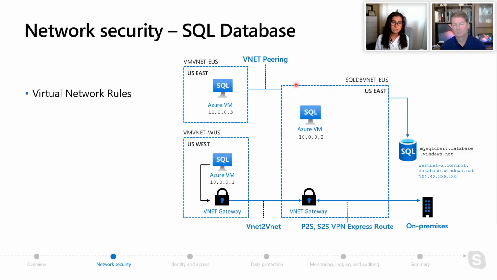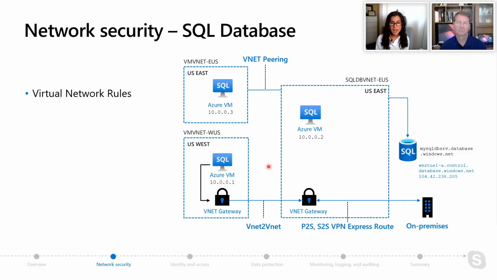So actually, by using this setup that you see here, I can just allow access to this virtual network. And then I can use other virtual network and networking capabilities like virtual network peering to connect these virtual networks using virtual network gateways, VNet to VNet. Even if you have something like ExpressRoute to your on-premises environment, as long as you have access to a virtual network that has a rule to the database server, you're going to be able to access it.